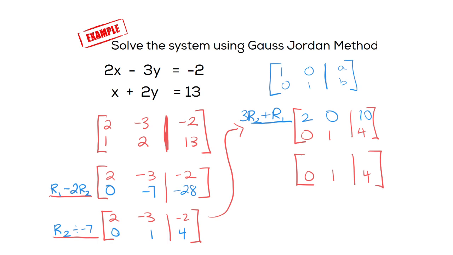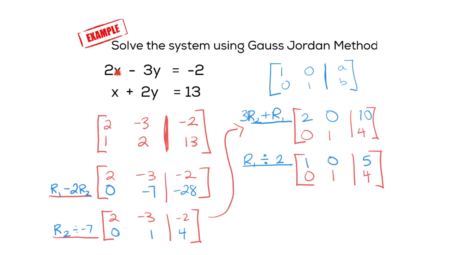Write your rule out in front. I'm changing this row. I'm taking row 1 and I'm going to divide it by 2. So this is going to end up being a 1. That's still a 0. And 10 divided by 2 is a 5. When you get it to this stage right here, you have determined,